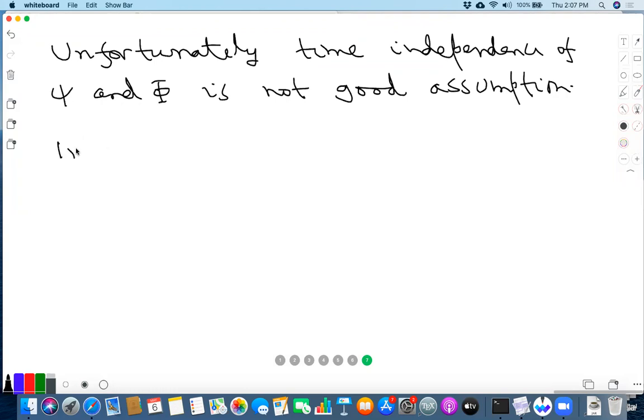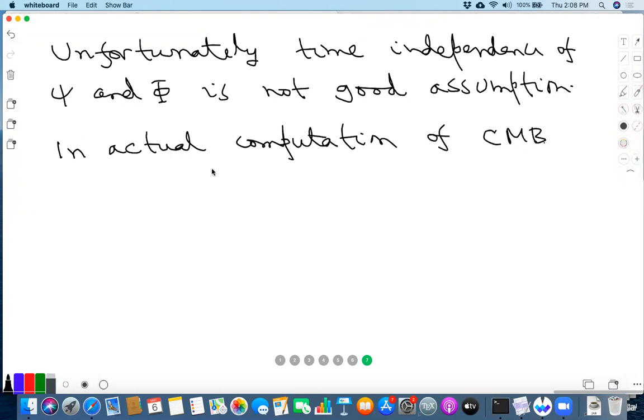So in actual computation of the CMB fluctuation spectrum, we have to take into account